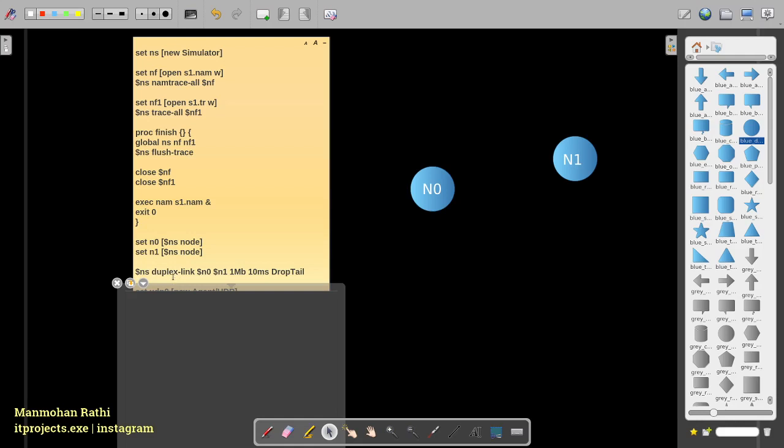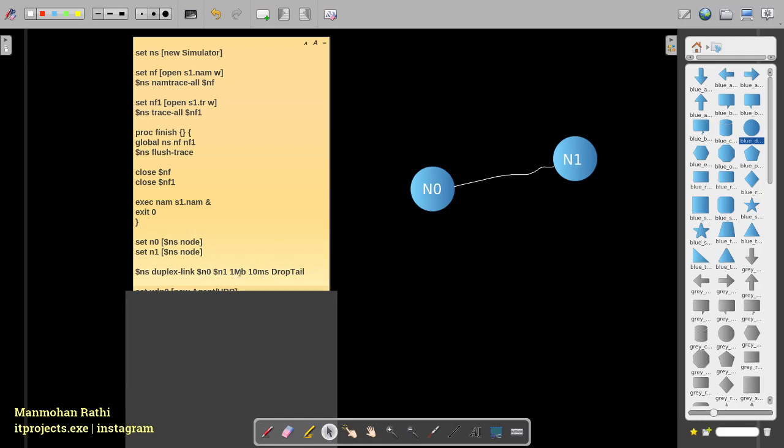Now let's go ahead. So what is this? So duplex link, and what this line basically does is that it creates a link between these two. So let's connect these two. Okay, sorry for the not straight line. So this line will basically connect these two nodes, and also tell what speed and how many packets it can transfer.